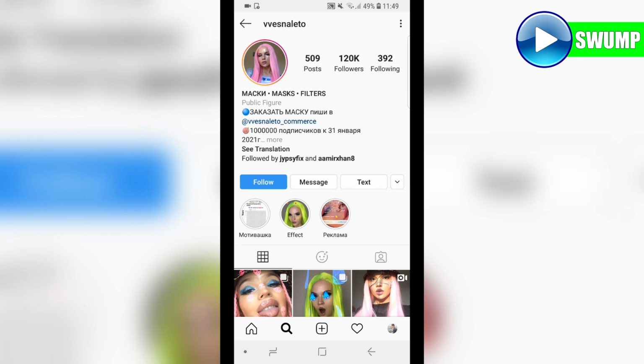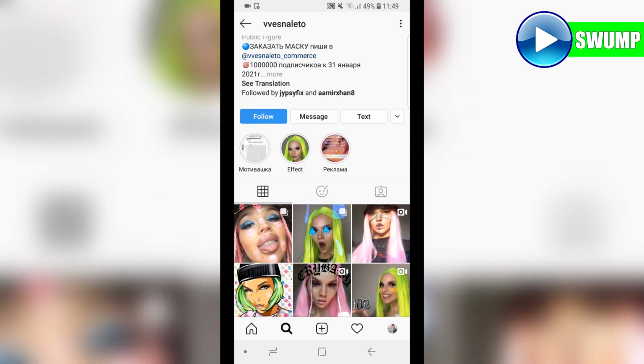In this video, I'm going to show you how you can get the Louis Vuitton filter on Instagram. First of all, open the Instagram app on your phone and go to this profile, VVES Naletto. So go to that profile and then click on the sticker or filter icon in the middle, which is